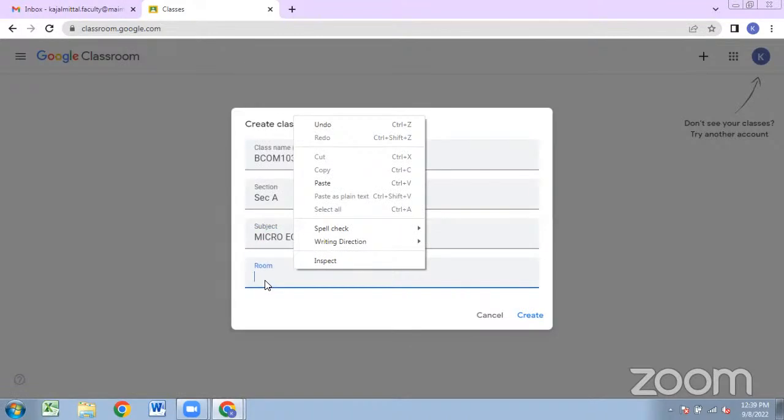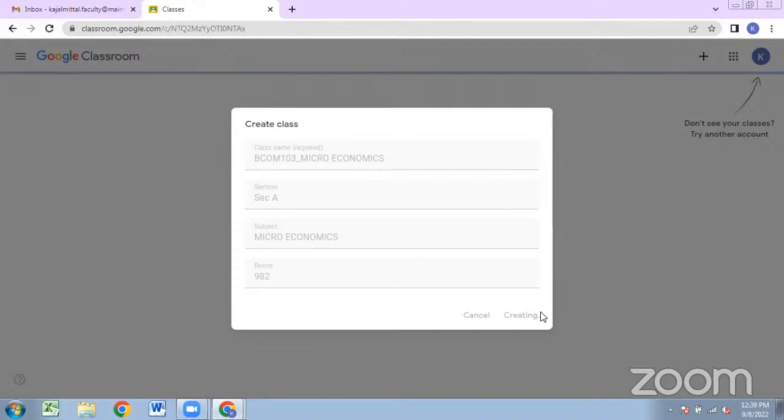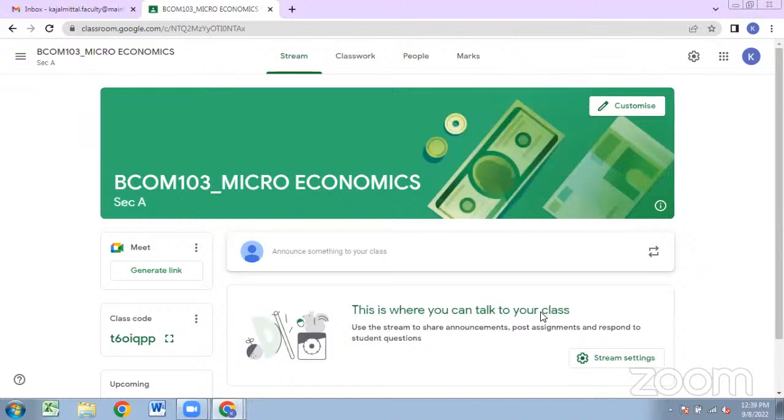And in room number, let's suppose I am mentioning 982. Fine. And click on this create and wait for 30-40 seconds. And after creating, a created class will appear on your screen. Yes. Now in this way, this interface will appear on your screen in which the class name is given BCom